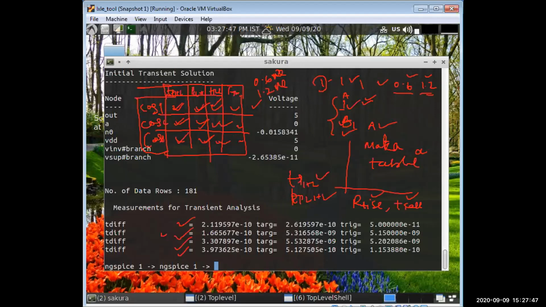Okay, thank you. We'll stop here, because the time is almost 3:30. Sorry Prachita, we have no time. Because she has prepared for this. So for NOR also you have to do this, by Saturday, the same as the NAND gate. Clear?